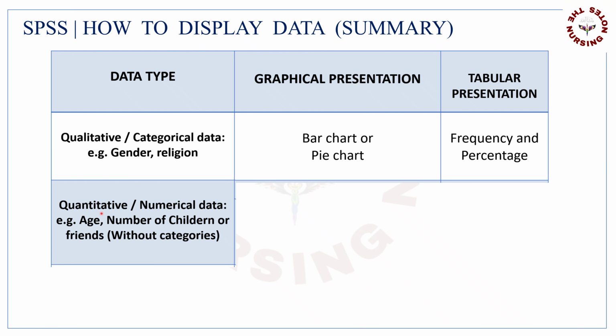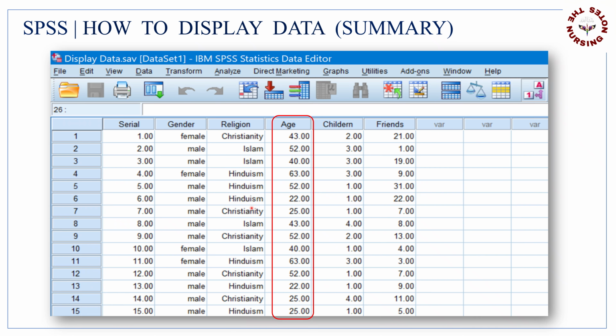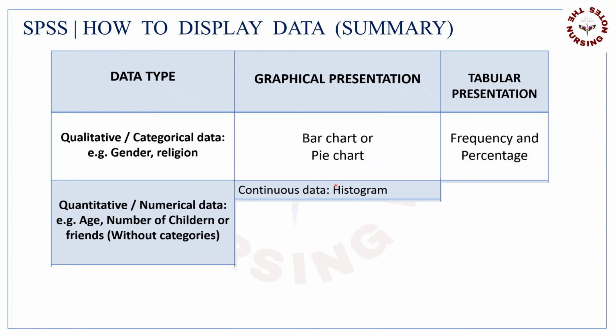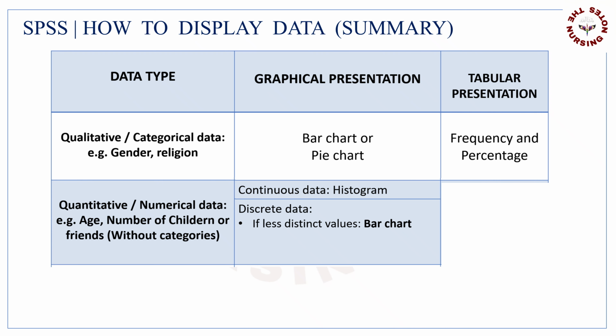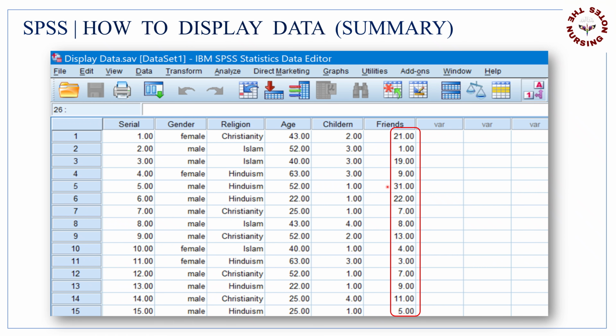If quantitative data is continuous, for example age without categories, histogram will be used. In case of discrete data, there are two methods. If discrete data has less distinct values, for example number of children in this data, use bar graph. If more distinct values, for example number of friends in this data,